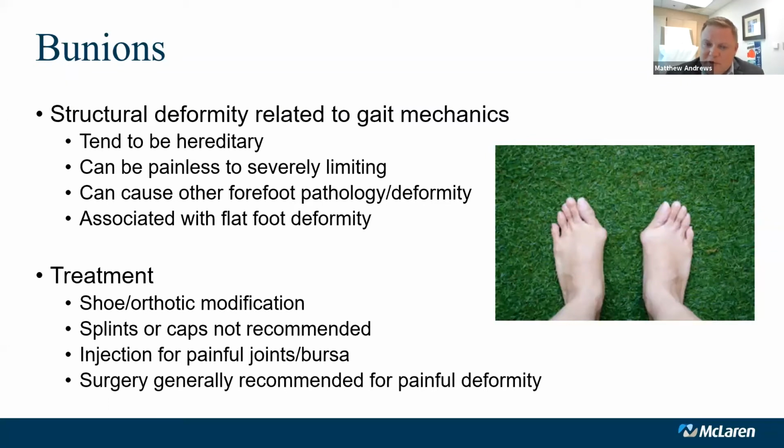Sometimes a wider shoe can be of benefit. Sometimes some padding or taping modalities may be of benefit too. An orthotic may help to decrease some of the stress on the foot that leads to those abnormal walking mechanics that can cause bunions. But again, there's really nothing that's going to fix it per se. There's a lot of products on the market like bunion splints and things like that. Most of those are largely a gimmick. They're really not going to correct the problem. But again, if they're comfortable to wear and they do provide a little bit of relief, then by all means, have at it. That's perfectly fine too.